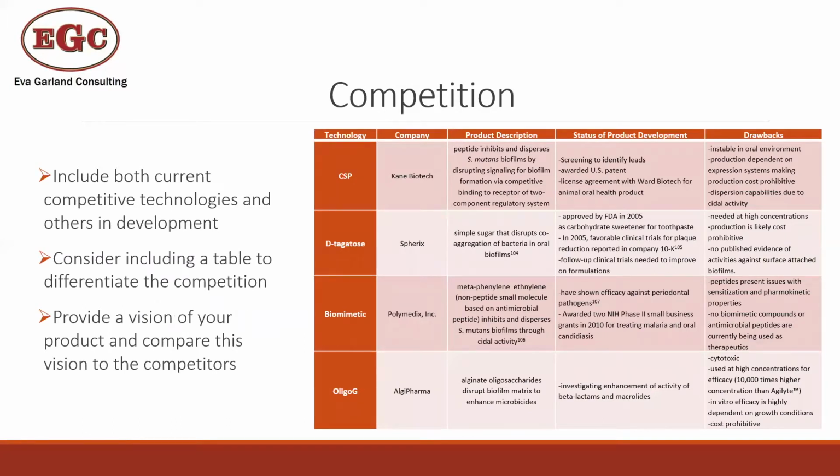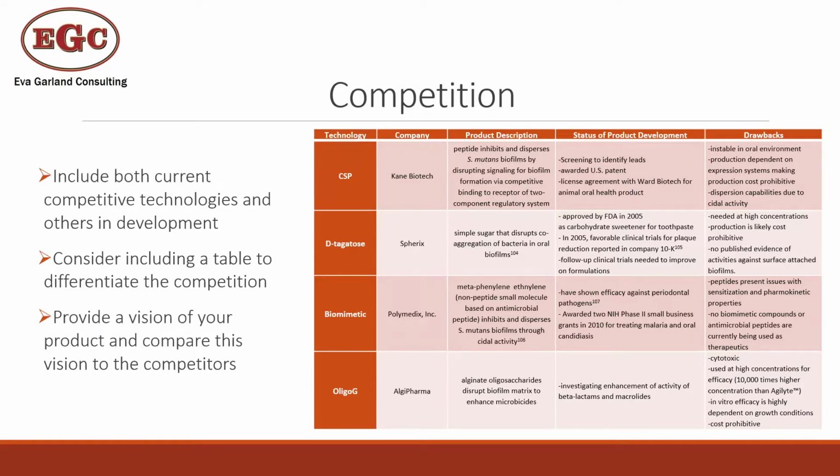So for competition, you want to include both current technologies that are on the market and those in development. And for those in development, depending on how well known they are, it might go to early stage development if it's kind of a hot topic. Otherwise, I generally focus on later stage development technologies that are getting close to actually hitting the market. And of course, if there's already a lot on the market for this, cherry pick